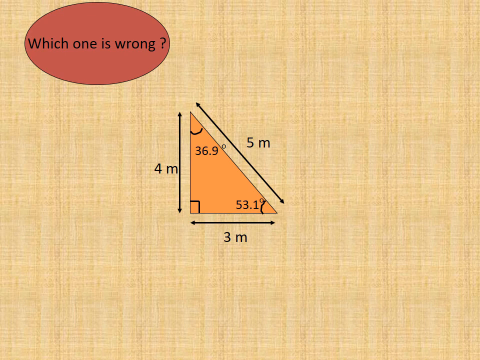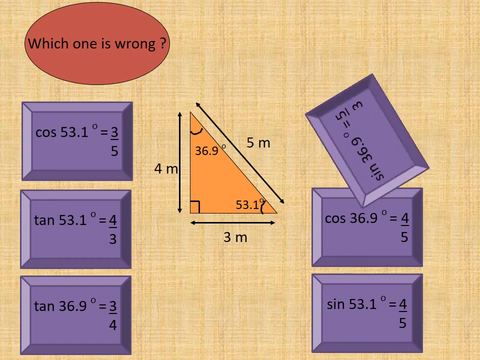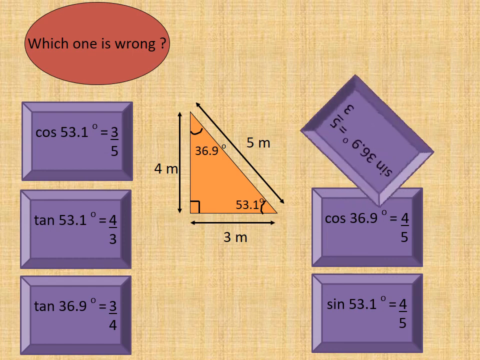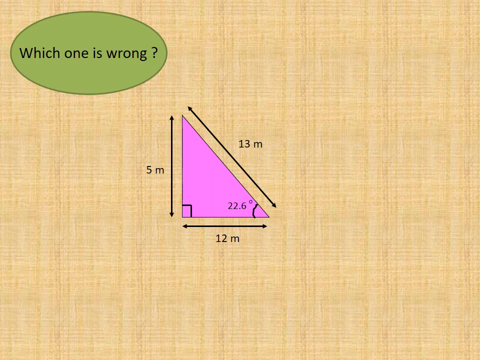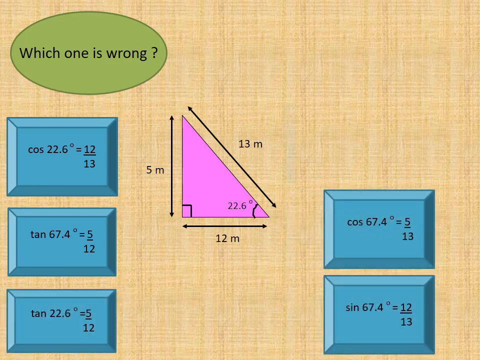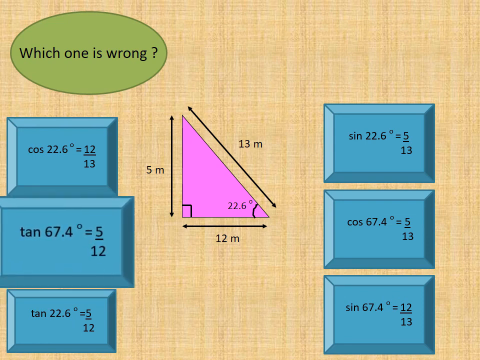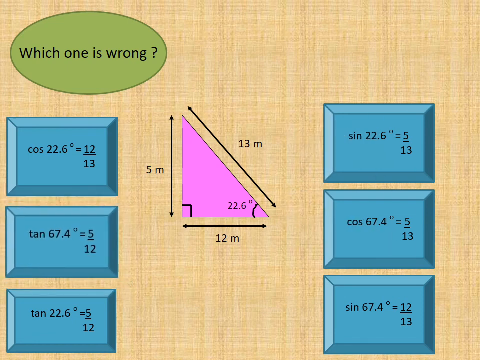Another one, I have here a triangle, and I have two acute angles in this triangle, and I need to find which of them is wrong. Which of the following statements is wrong? I have here the first one, cosine 22.6 equals 12/13, and then excellent. The last one, the second one, tan 67.4 equals 5/12. This is the